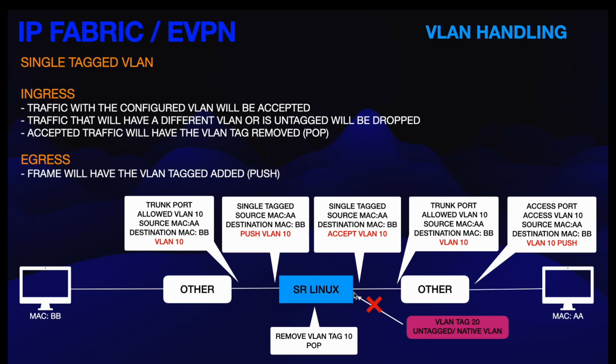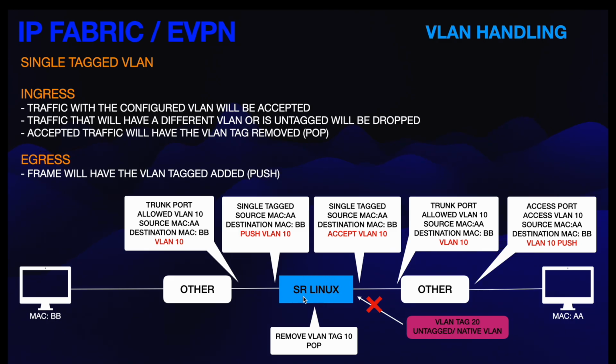We'll have this interface configured with a single tagged VLAN of 10. If the frame has a VLAN tag of 10, it will be accepted on this interface. If it has a different VLAN tag, or it is with the native VLAN or untagged, it will be dropped. Now the behavior is quite interesting here, because when the frame arrives on the SR Linux and